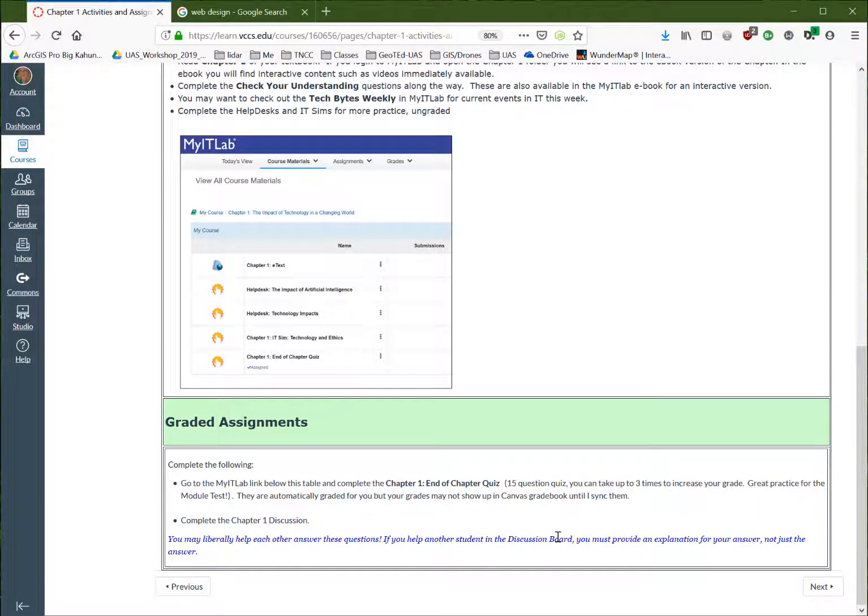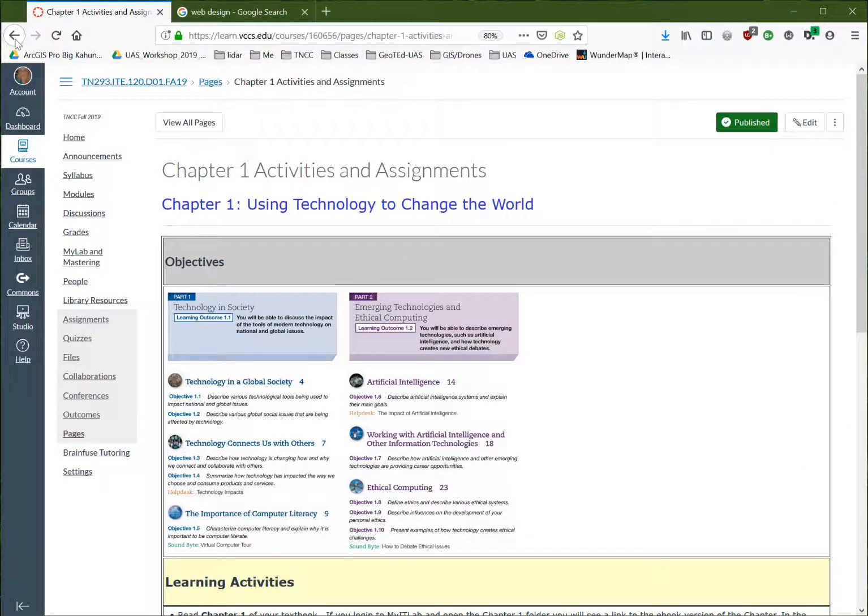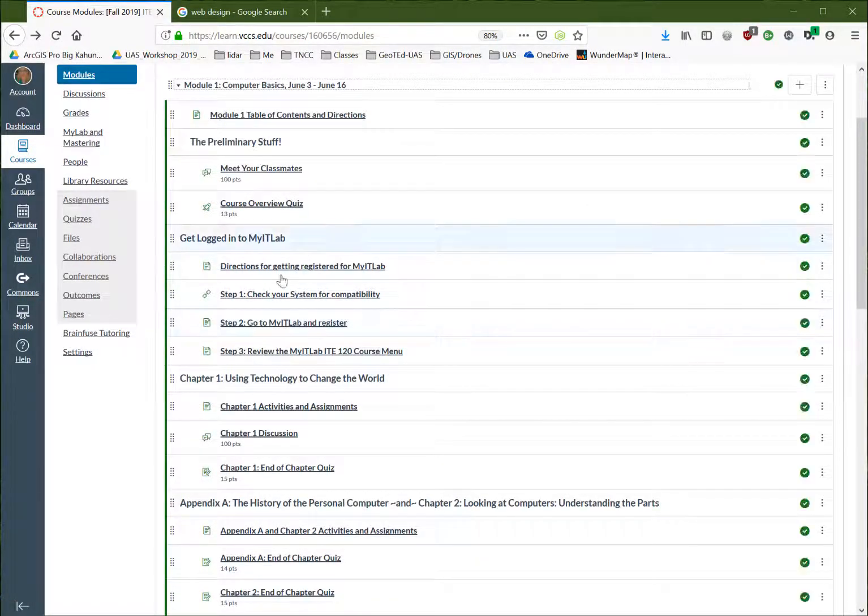Now, at this point, you can embed links to the assignments right within here. So I may be doing that this semester, but I didn't have time to get it done before the fall semester began. So at any rate, those are the activities and assignments. And then below that are the 2 assignments for this particular chapter 1. So there's a discussion and there's an end of chapter quiz, which is linked directly to MyIT Lab, but not yet. So let's go to